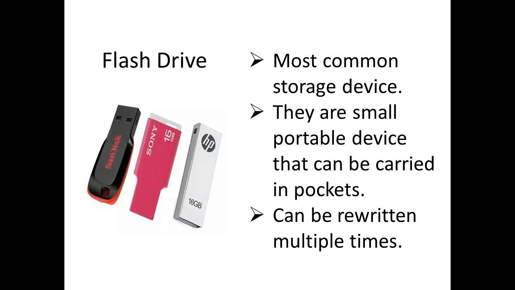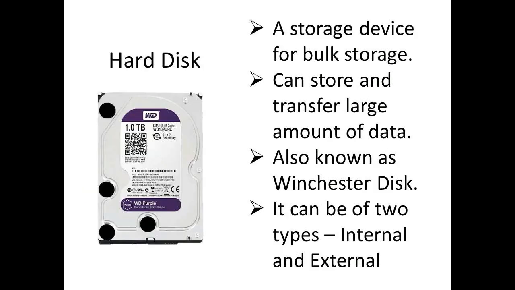1024 kilobytes is equal to 1 MB, 1024 MB is equal to 1 GB, and 1024 GB is equal to 1 terabyte. That is the way it goes. We are always saying I have an 8 GB pen drive or a 64 GB pen drive. The size may be anywhere between MBs and 1 terabyte.